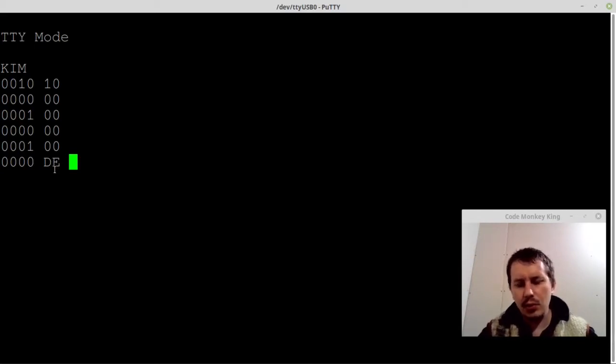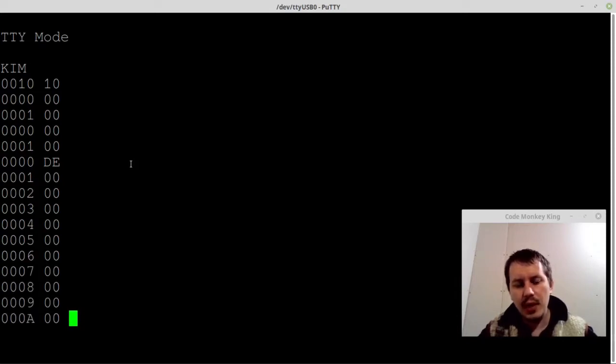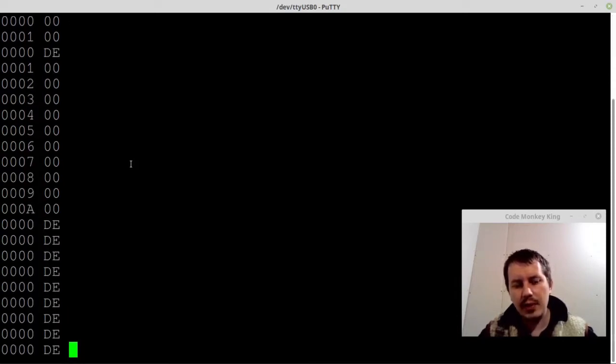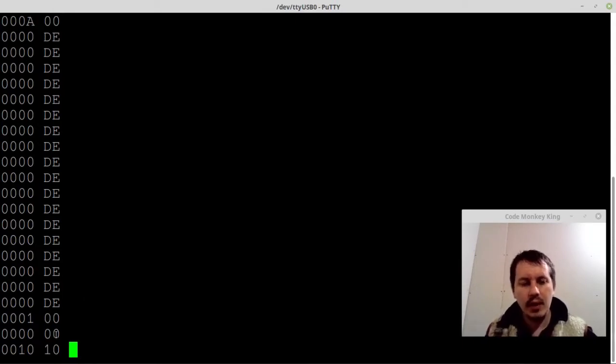If I want to go to the next, if I want to increment the address, I need just to press enter. It would be showing the next address. However, if I press space, it will be showing address 0. That's how it works. So let's just go and reset this back to 0000 and, oh my god, space. Yeah, so now I did reset that, and we can still inspect, say, 0010 and the value that we have there, and then